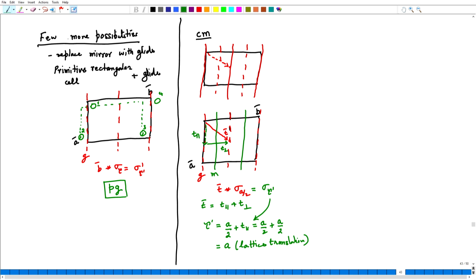Now, compare these two diagrams. What do you see in this? Basically, we see the same set of symmetry elements distributed in exactly the same way, only difference being that the cell has been offset by 1/4 along the translation B. So, essentially both of them are identical, and hence